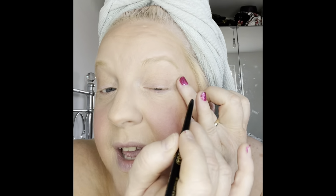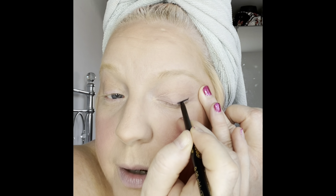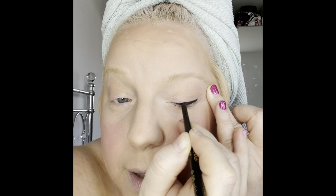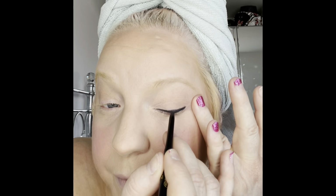So I very carefully, I don't try to pull my eyes about, as you can see. I just want to try and preserve this area. So all I'm going to do is go in very carefully above my eyelashes, a nice little neat line. There we go. It's very hard to do it into a phone instead of a mirror. I think I've done it all right. Now I will go in and do the other eye in a minute, but what I just want to show you as well,